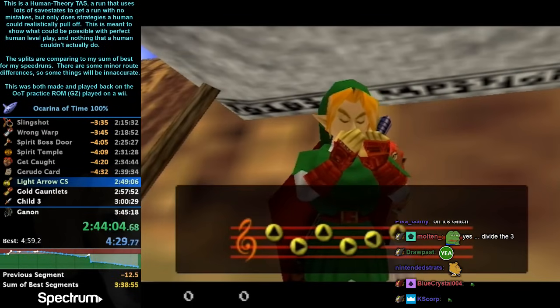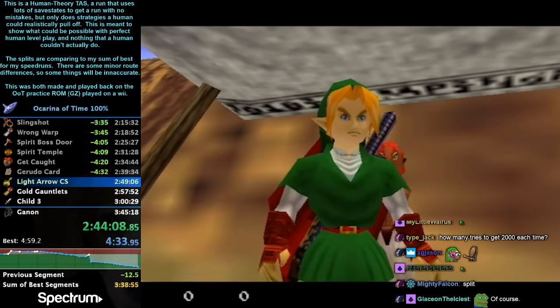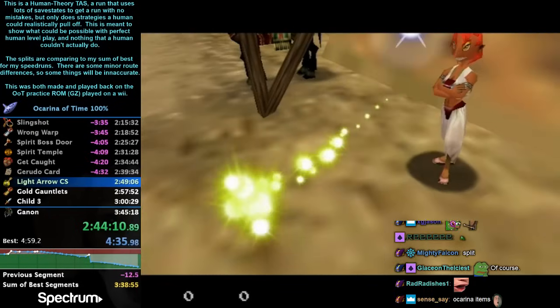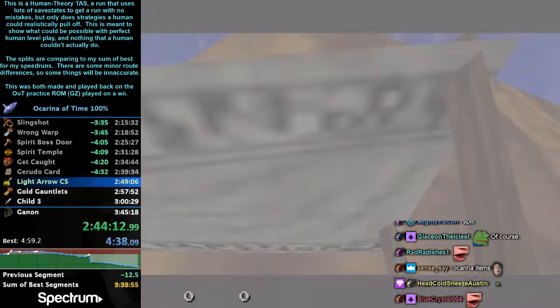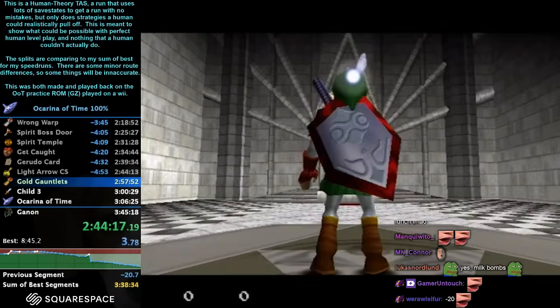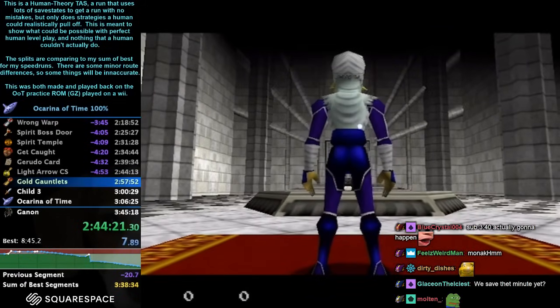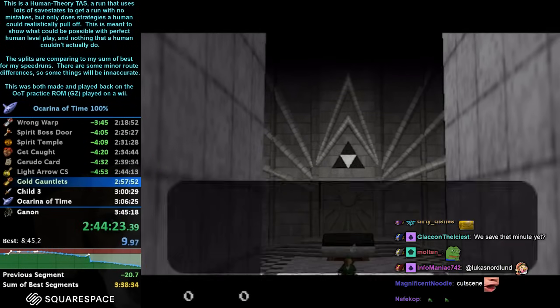So in normal runs, I'd actually just equip Ocarina to play Prelude here, but instead I do Ocarina items. This saves like a tiny bit of time. It's really not significant at all. But it's a tiny time save because later on I have to equip